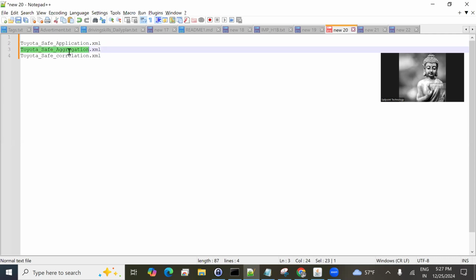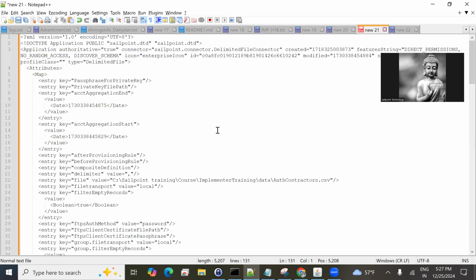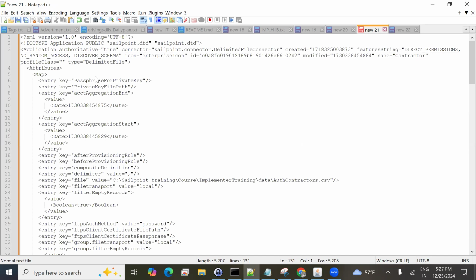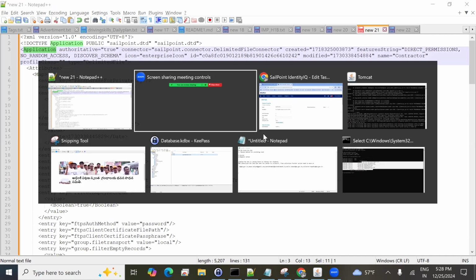And here I'm going to give the aggregation task data. Whatever aggregation task I have, I'm going to give it here. So let's assume that I already kept this application data. Whenever you are giving this data to your team,